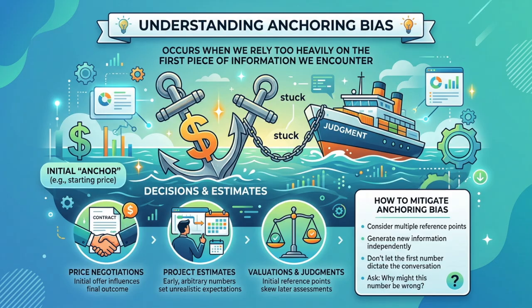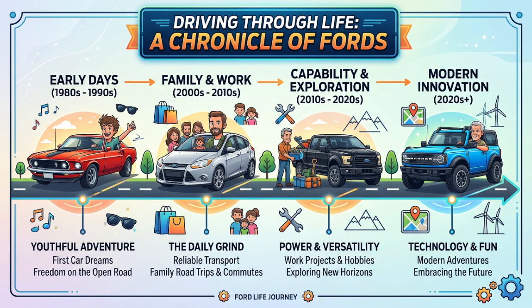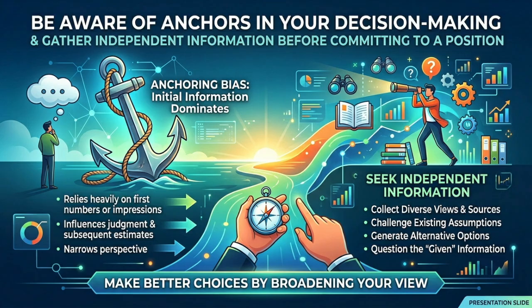Next up is anchoring bias. That occurs when we rely too heavily on the first piece of information we encounter. Like, for example, if your very first car was a Ford, chances are you're going to stick with Ford until eventually you get into another car. It could be a rental or your friend's car. It's like, hey, I like this one. But anchoring bias is like your first impression is the one that sticks in your head. Okay? That initial number or fact becomes an anchor that shapes all our subsequent judgments.